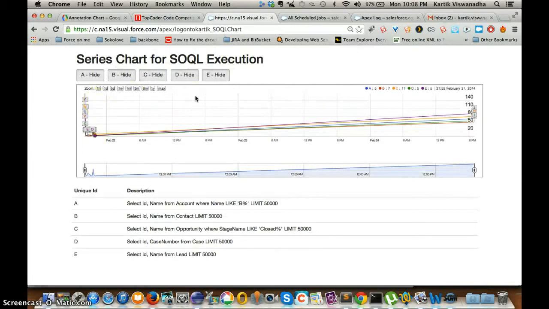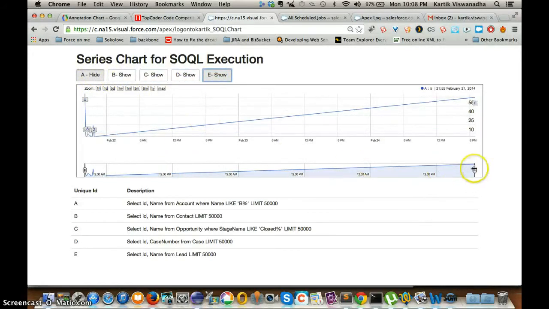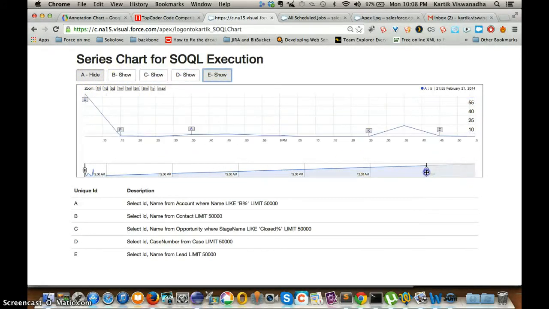So this is the series chart for the Sockle execution. I know it's kind of clunky, but let me show you. Right, so this is the series chart, and it gives you the description. A is this query, B is this query. So you can hide and show all the queries. I have 5 queries, and you can see that on the right side,